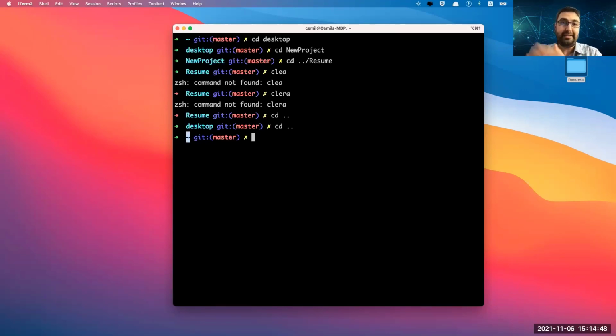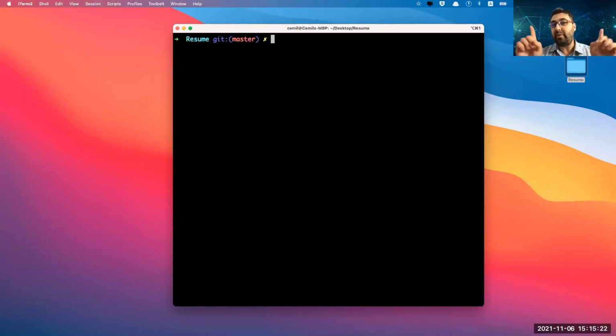That's your computer, let's say. Every file on your computer is in there. You initialized that by mistake. It's a small mistake, a very quick fix. What we do is just this. I'm in my home folder. Maybe let's get back to our resume folder or new project folder, cd desktop and resume. Okay, now we are here, okay?